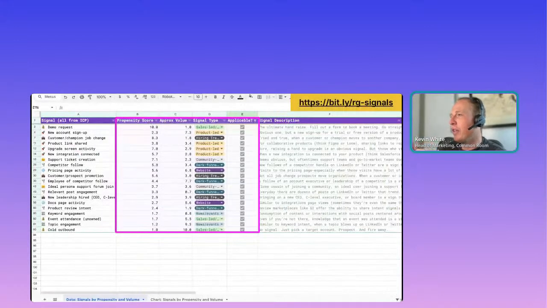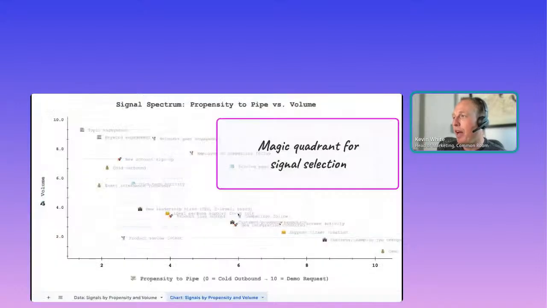Okay, and then this is getting a little more detailed onto the actual spreadsheet here. I created this column E where you can select the signals that are applicable, or that you have a hypothesis of, these are the ones that we want to test, experiment with and prioritize. And then you can filter by this applicable checkbox. Once you do that, it'll map all of the signals that you select onto this same kind of